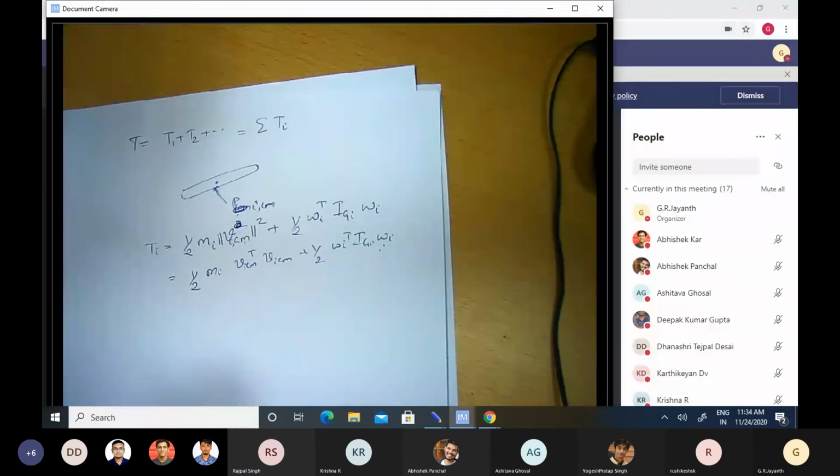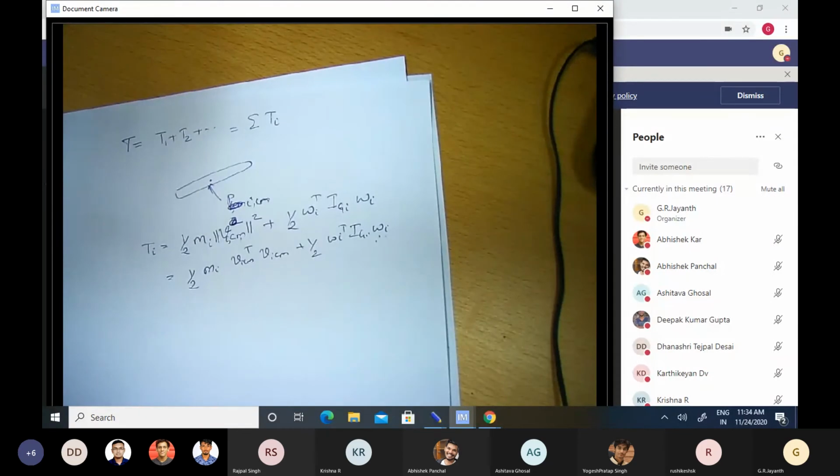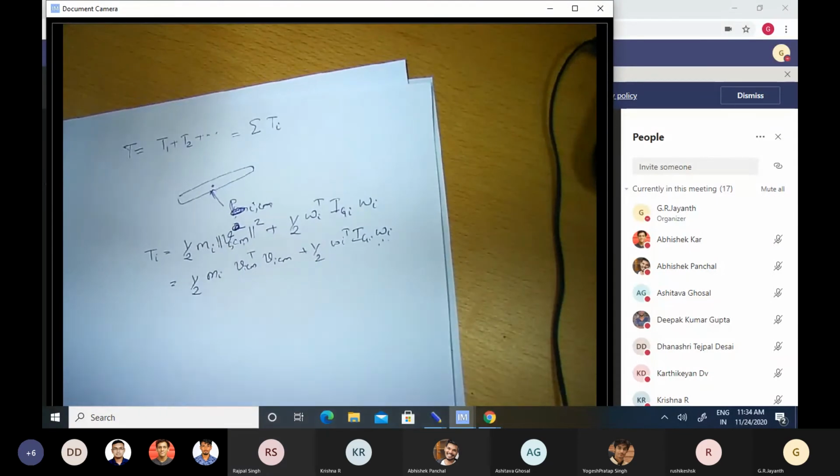So we were resolving the components of all these vectors in the B1 coordinate system. In the B1 coordinate system, you have two vectors. One is the omega s vector, which is aligned along the ZB axis, and the omega z vector, which is aligned along the ZB1 axis, the z axis of the B1 coordinate system. Correct? Yes, sir. Then we computed the angular momentum.